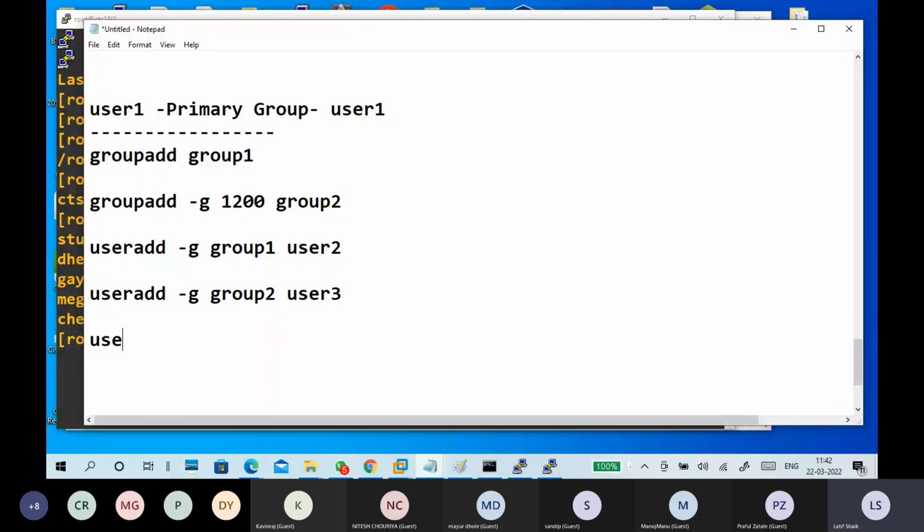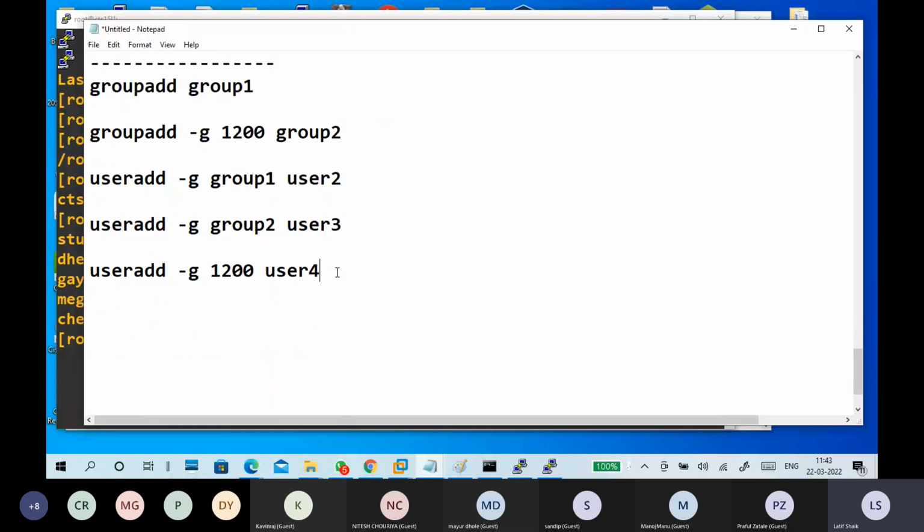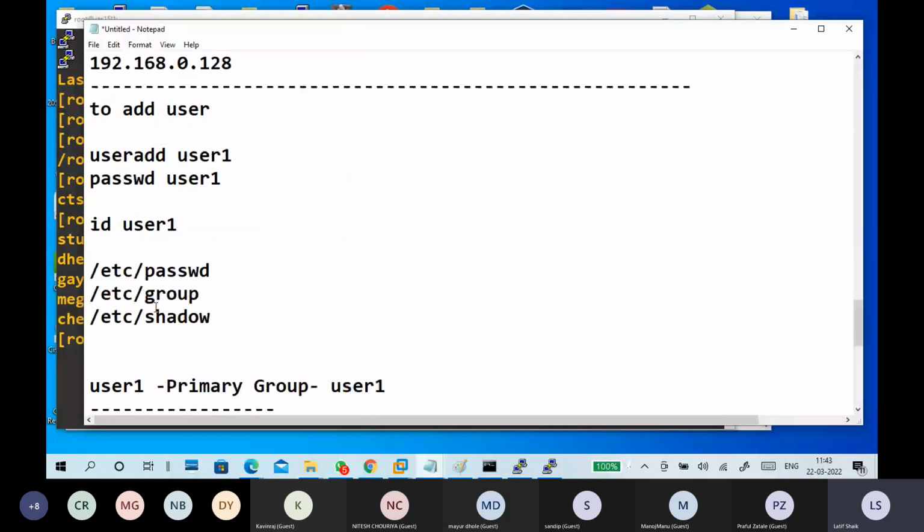We can use the same command like this also. Meaning user2's primary group is group1, and user3, user4 primary group is group2 only, because the group ID is 1200. We know because we gave it, or you can verify also. You can verify the group ID from